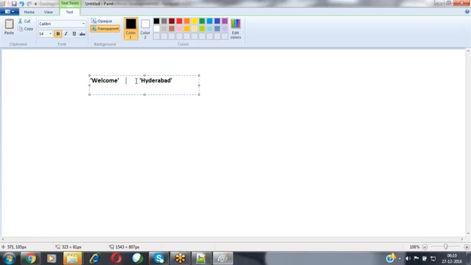In order to compare these two, I want to cross check whether these two values are equal or not. For that, I'm using the equality operator. Now let me know whether these two are equal or not. These are not equal, because the first value is welcome and the second value is Hyderabad. Nothing but both are not equal, because both are two different strings.